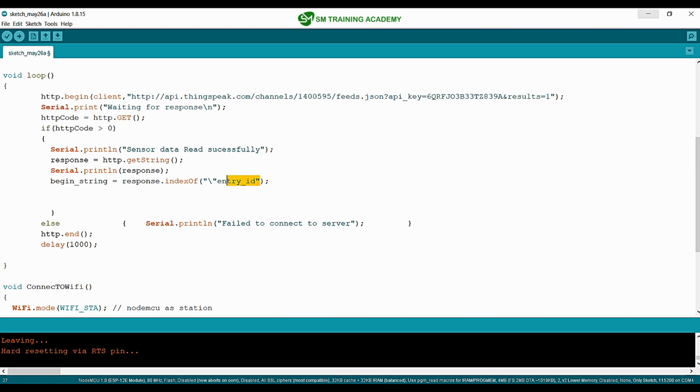The index of entry ID will be stored in the begin string variable, and at the end string variable, as per our logic, I want to store the index of the three braces.